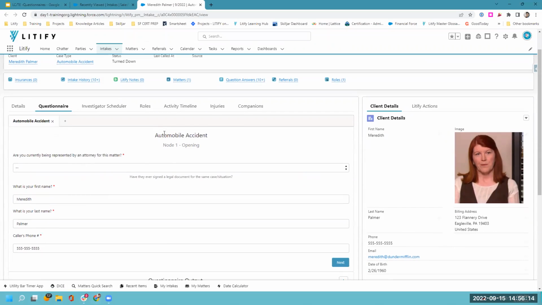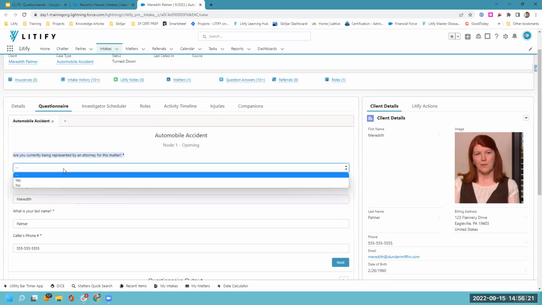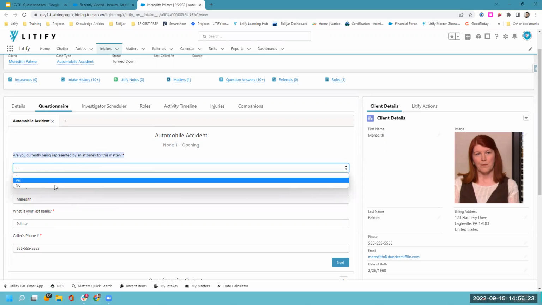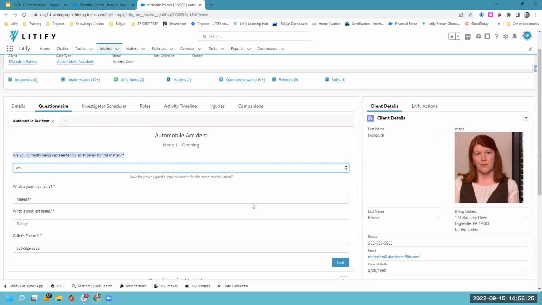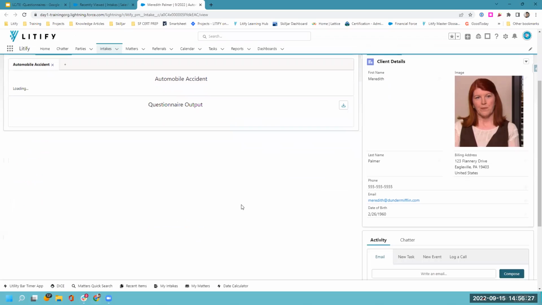And so we can see, right? These are the questions that we made. There's some help text on the bottom for the end user. This is the label of it. So are you currently being represented by an attorney? I'm going to say yes, just to show you what happens, right? So if I click next,